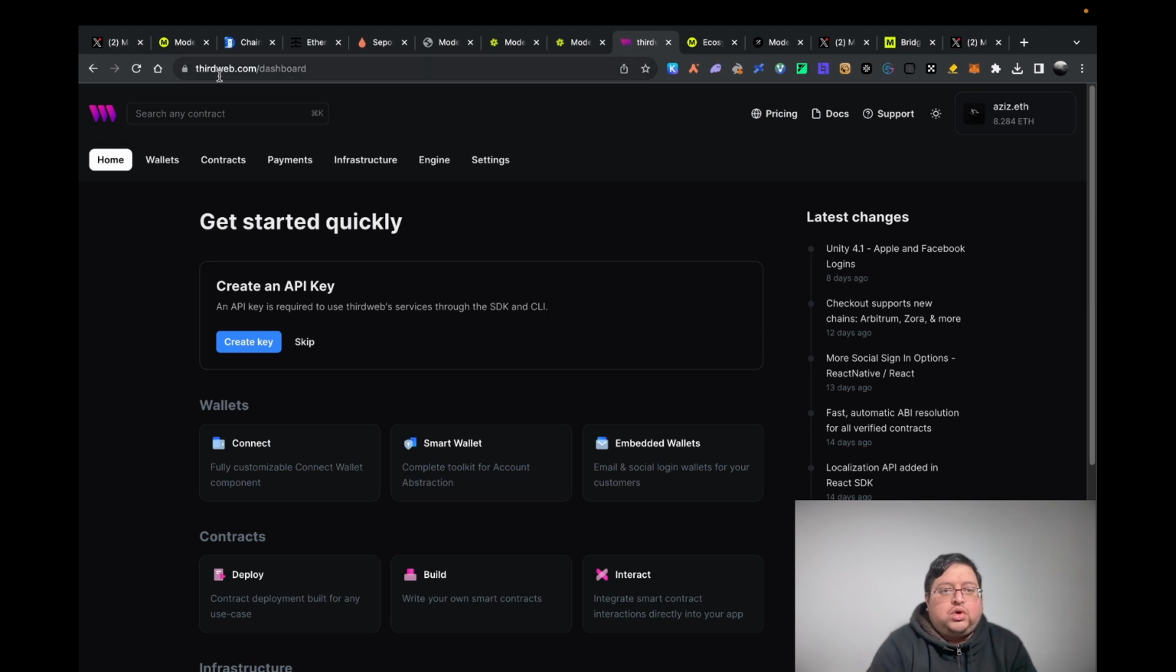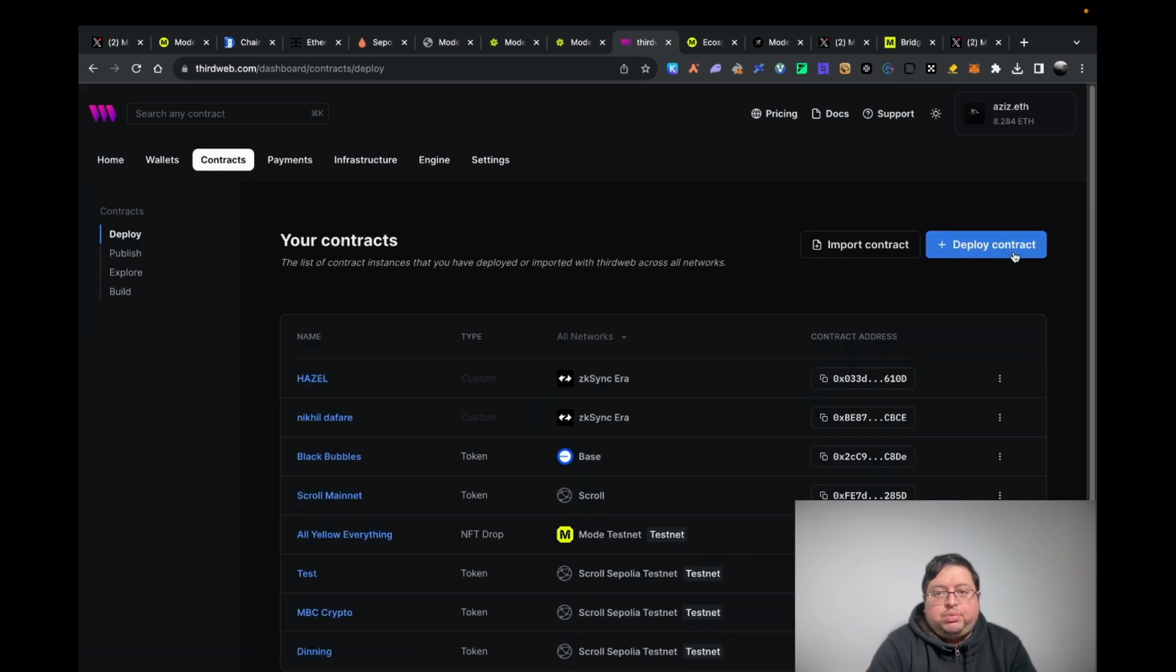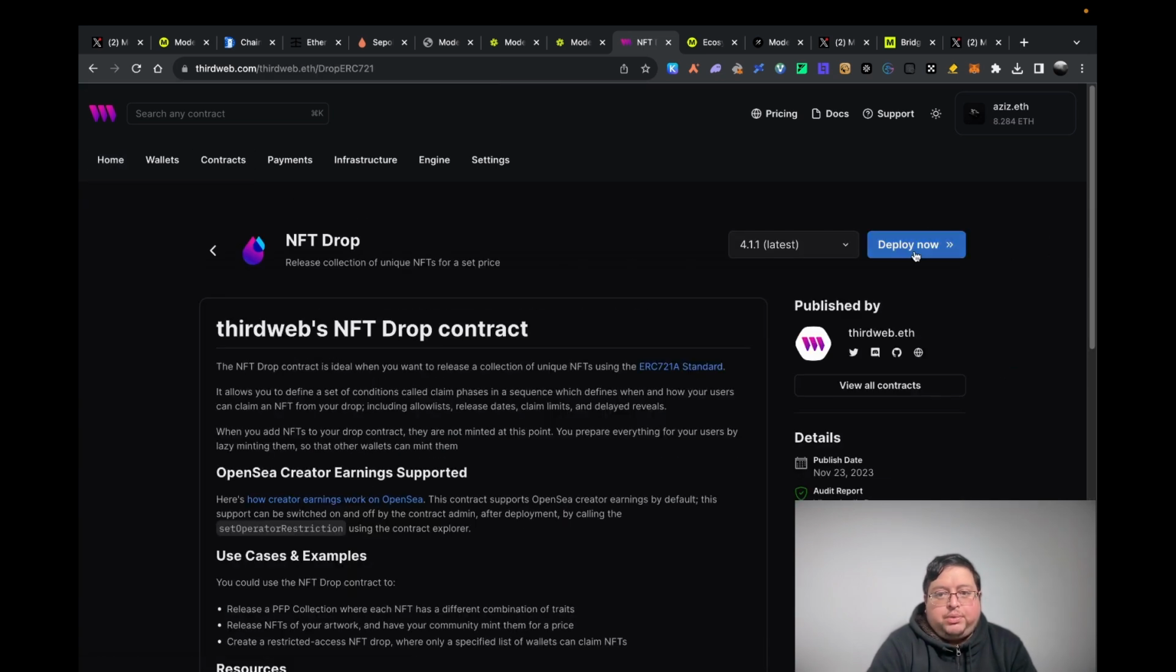So all you need to do is go on thirdweb.com/dashboard, and you'll see this. You have to make an account. It's free to make an account. Once you've done that, just go to contracts, then go to deploy contract, NFT drop, deploy now, and then just